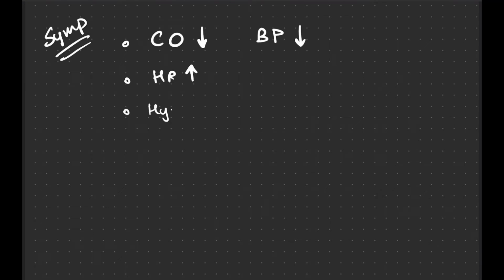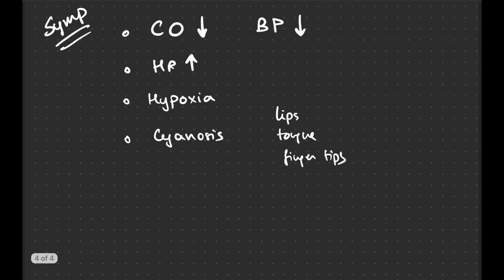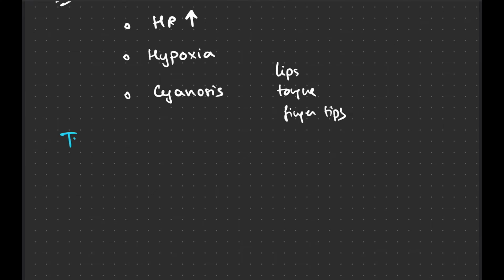Person might suffer from hypoxia. This hypoxia might lead to cyanosis. What is cyanosis? Bluish coloration over various parts of the body, and mostly it is in the lips, tongue, fingertips, etc. So once you identify that this person is in fact in hypovolemic shock, we can move on to the